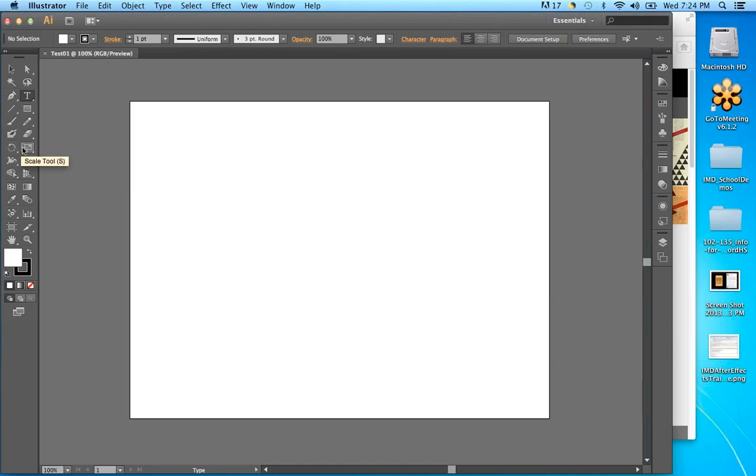Rotate tool, scale tool, and a lot of these things will come in. Our gradient tool, slicing and dividing tool, shape builder tool. So we got all the different tools in here, and we'll get into them. So the main ones we'll be working with probably now are going to be our selection tool, direct selection tool,